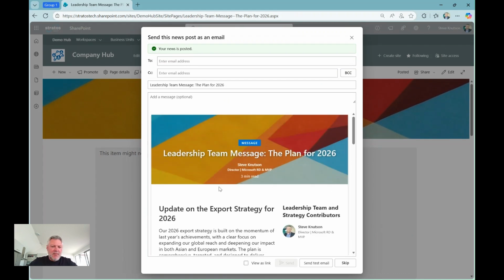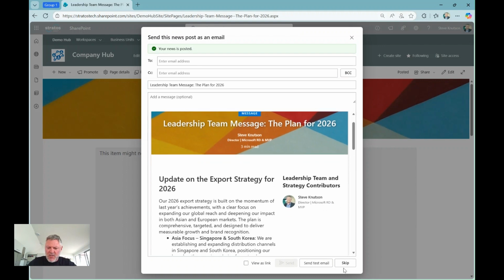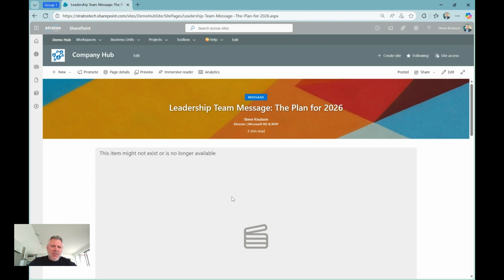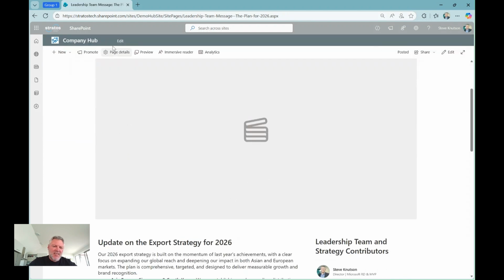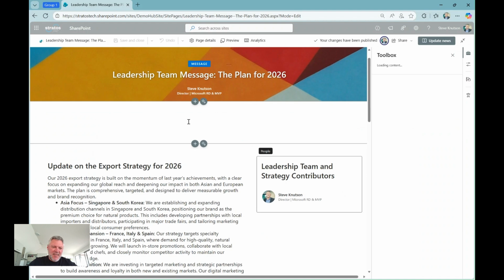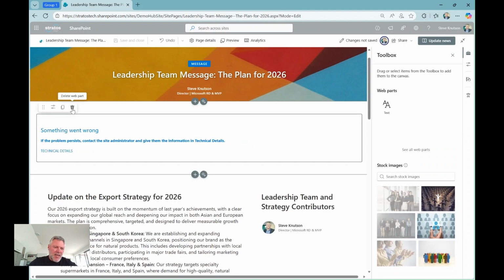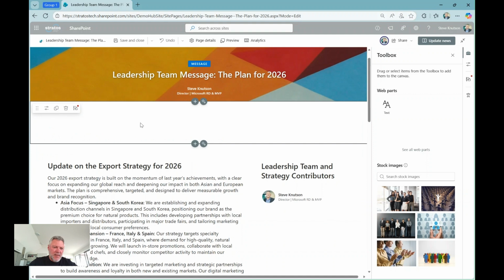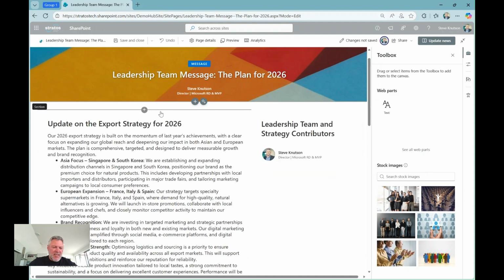One thing I did forget to mention was that you can actually also add to this page. So you could add video content, additional things. We've got a draft page. It's using standard SharePoint web parts. I'm not going to send this message via email. So what I'll do is I'll just skip down here, and you'll see in here it's got this video may not exist. So oops, edit the page. What I didn't point out was at the top of the page was a section with a web part in it for a video. I don't want that, so I'm just going to delete that section out, update the news,